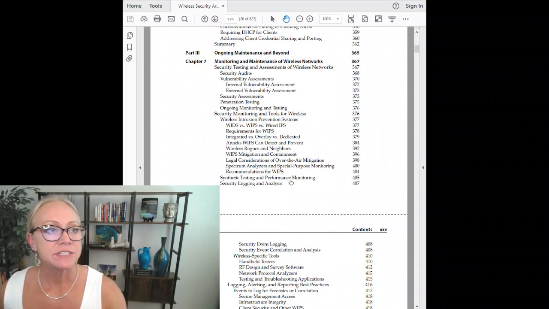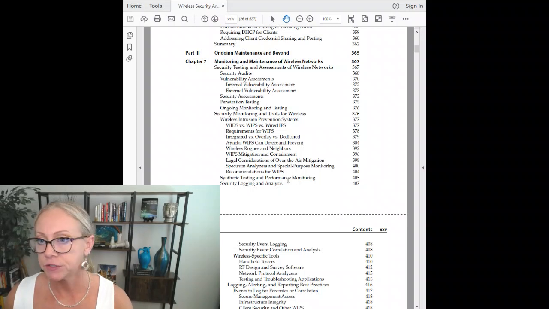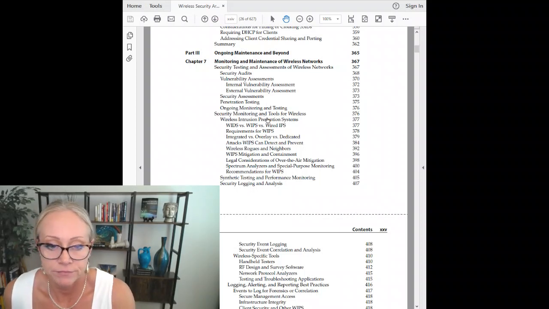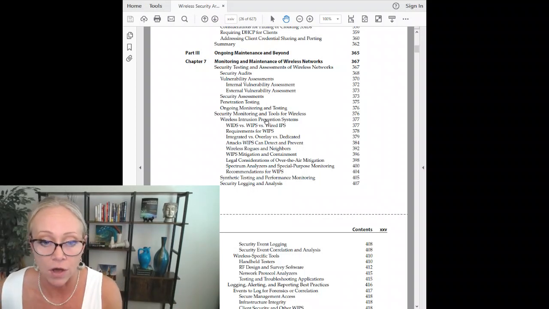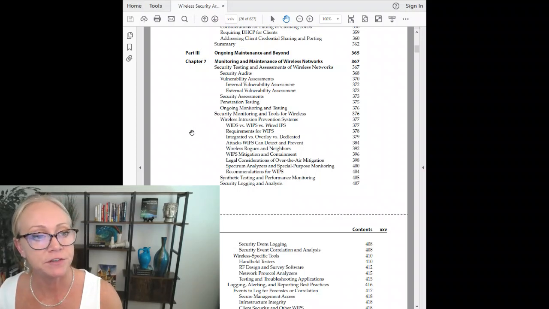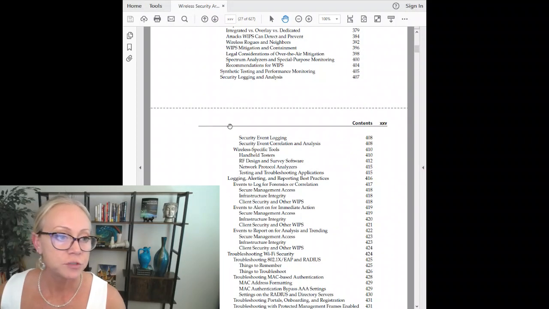And then we get into chapter 7, which is monitoring and maintenance. So this is your ongoing care and feeding of the network. What's fun here is I talk through, for the network architects, wireless architects, and admins, if you're not familiar with it, the different types of testing and assessments that are going to happen, sometimes just assessments and sometimes as part of an audit for a compliance requirement, and what that means. And then we get into some of the specific tools, when those are appropriate, and some examples,